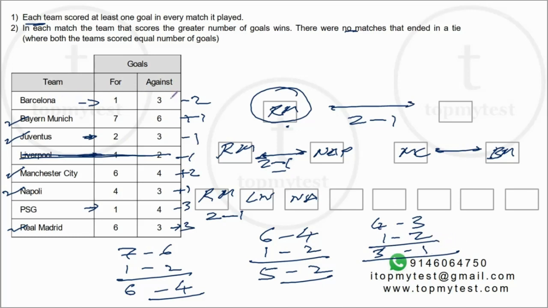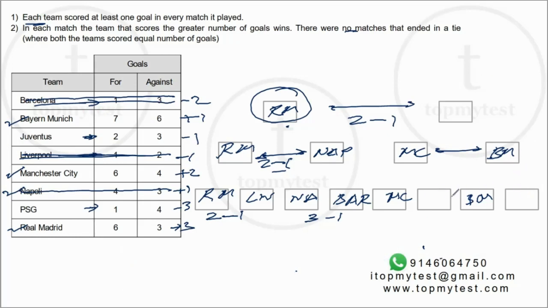So Napoli beat somebody 3-1 in the first round. Who lost 3-1 in the first round? Barcelona lost 3-1 in the first round. So we know Barcelona was the one who was there against Napoli in the first round. So you have 3-1 to Napoli. Okay, so you have Manchester City now, who will play against somebody and proceed, and then Bayern Munich plays against somebody and proceeds to the next round. So you have taken care of Napoli's matches, we have taken care of Barcelona's matches.